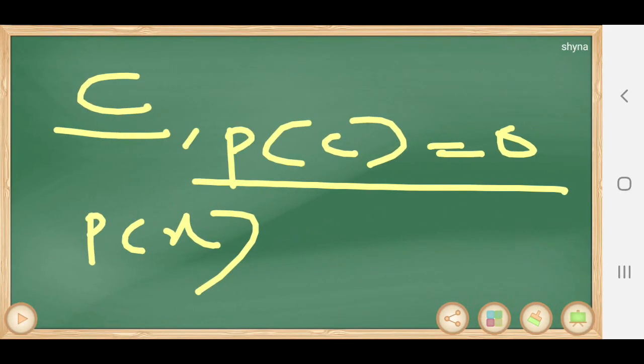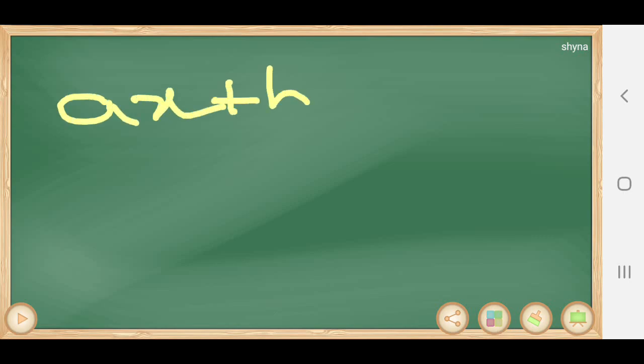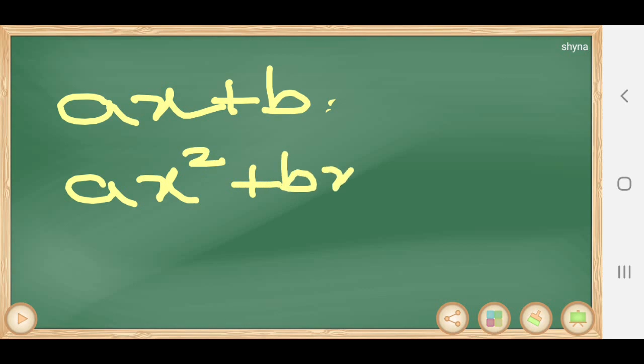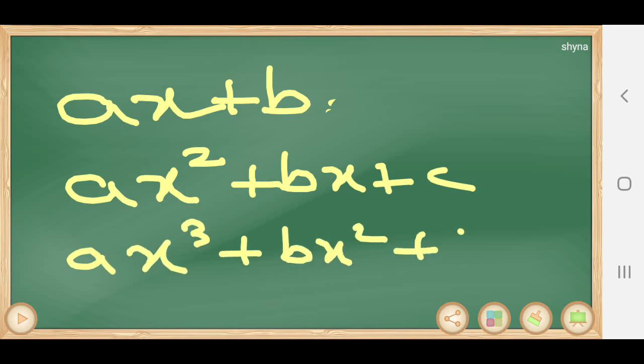Okay, one more thing, dear children. Before starting, linear polynomial means, I've already told, its degree is 1. That is, the general form of a linear polynomial is ax plus b. Ax plus b equal to 0 becomes an equation, a polynomial equation. Then the general form of a quadratic polynomial is ax square, degree should be 2, plus bx plus c. In the case of cubic, ax cube plus bx square plus cx plus d.